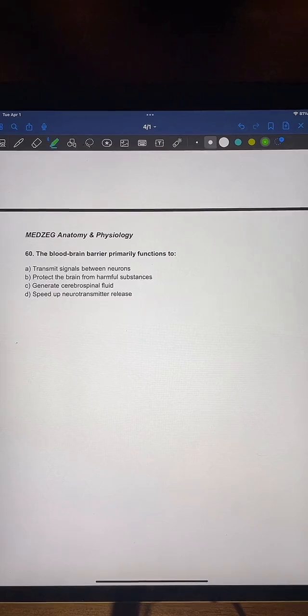Number 60, the blood-brain barrier primarily functions to...